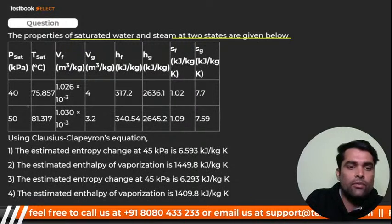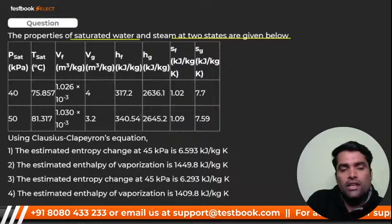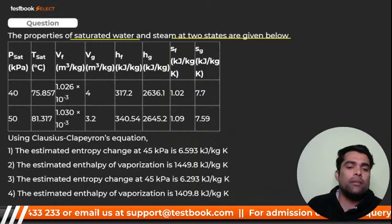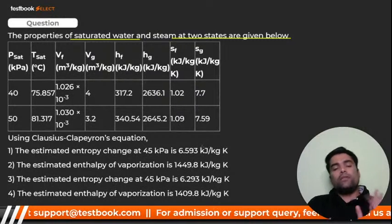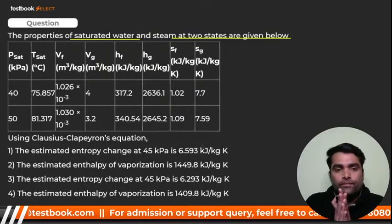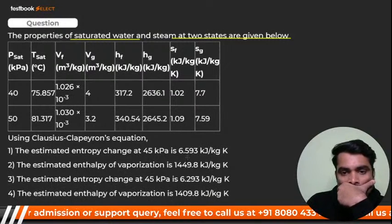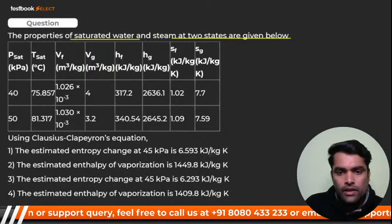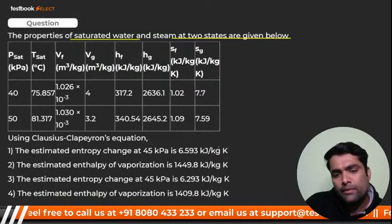Okay, it is given 40 and 50 kPa. Temperature is also given, Vf given, Vg given, each and every property has been given. Using the Clausius-Clapeyron equation, we have to identify the estimated entropy change. Okay, now I'll go for the next slide, but before that, let me